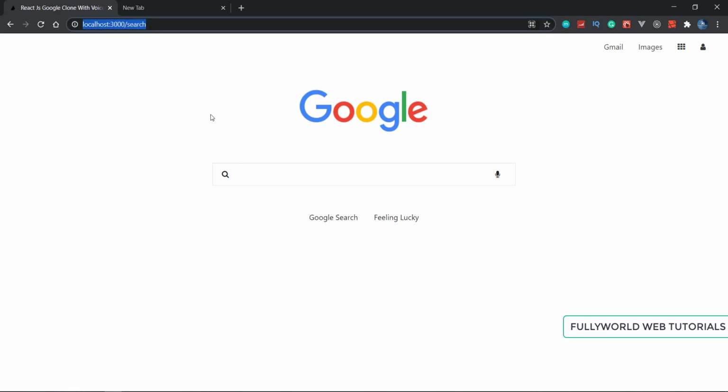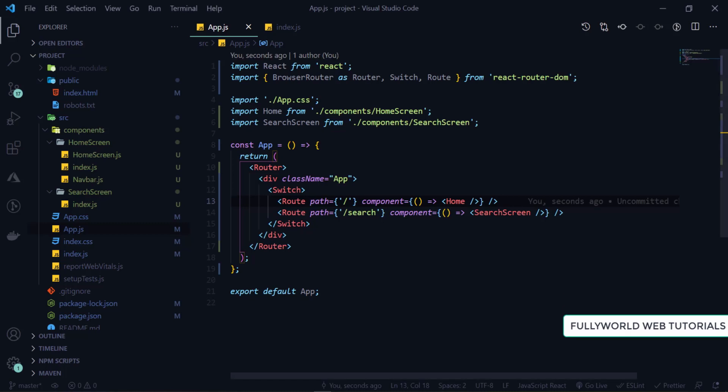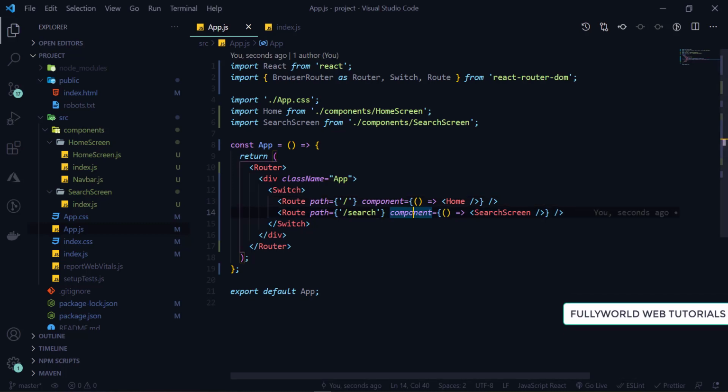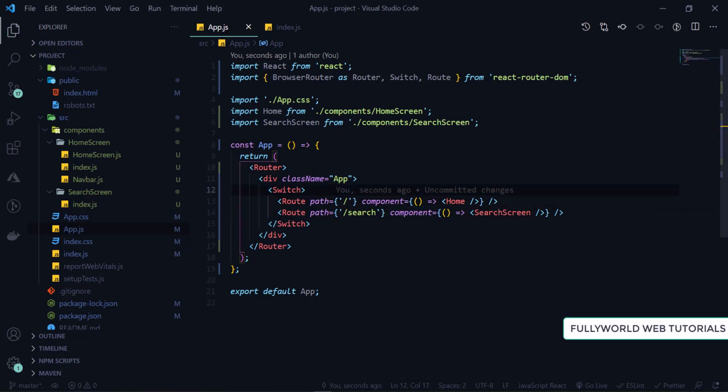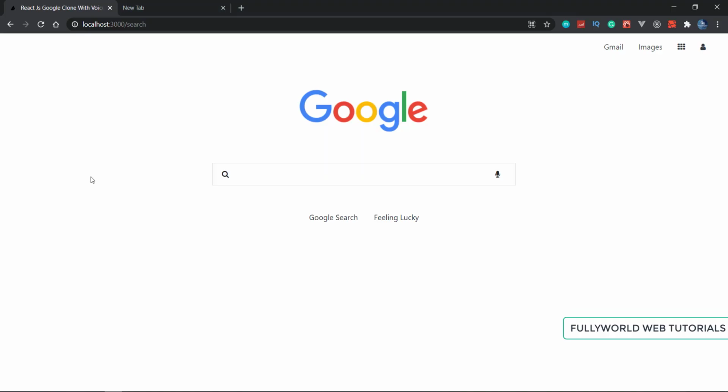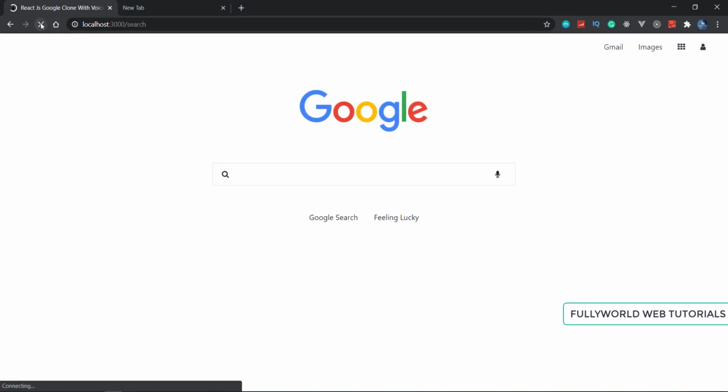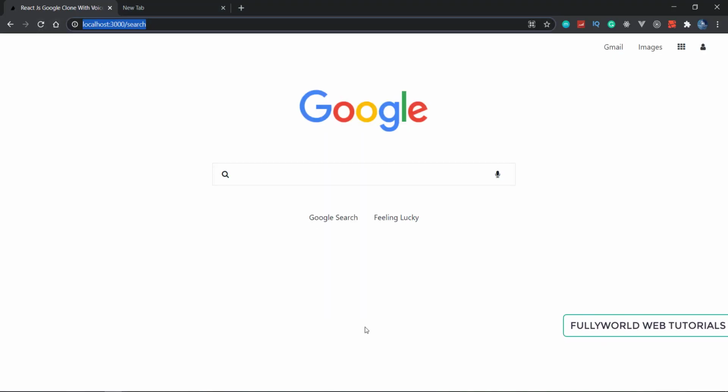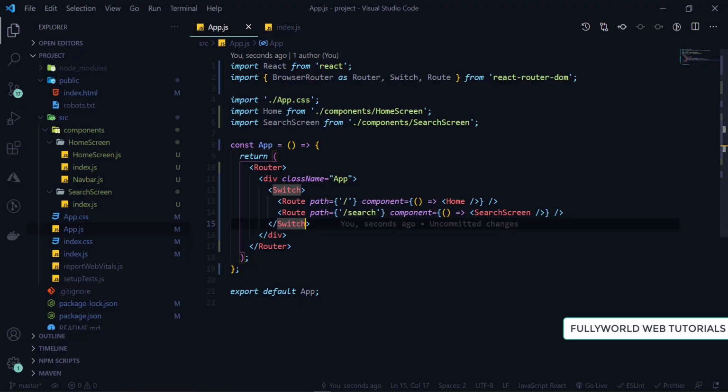So is slash search there or not? I don't know why it is not working. It should work. Something is wrong here.